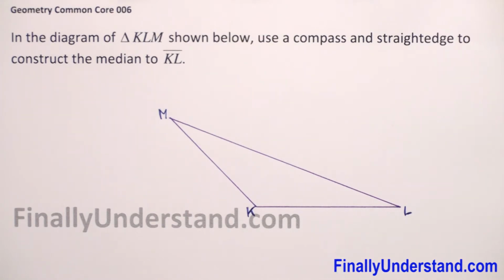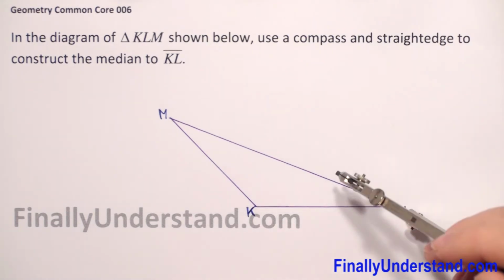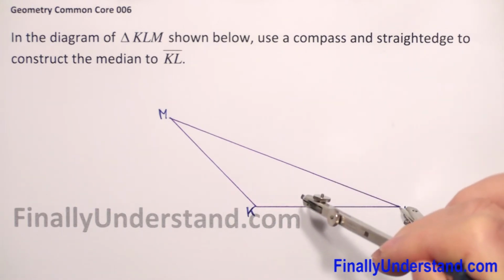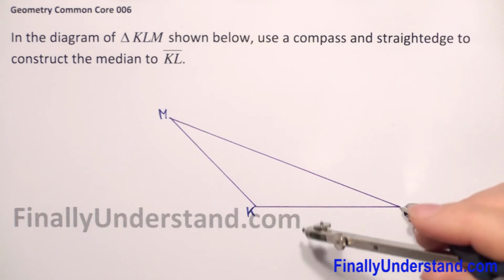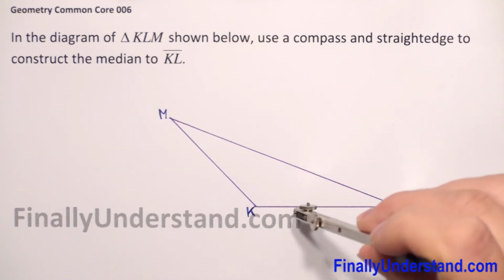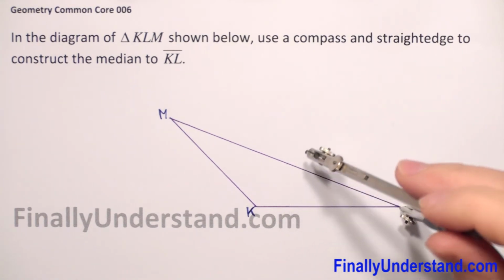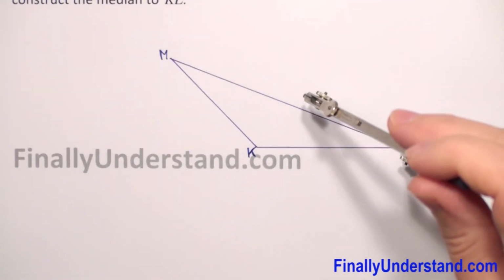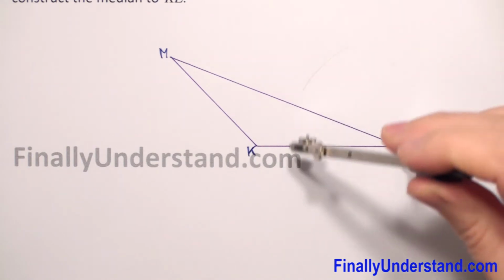So we will use compass. We will first place the compass at one end of segment KL. So first in vertex L. And now when we have to divide KL segment into two equal parts, we have to open the compass longer than the half and draw arcs above and below. Remove this. Above we have to draw arc and